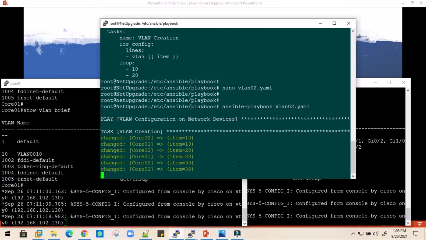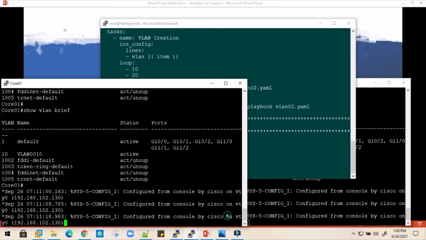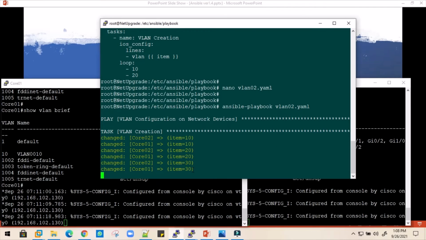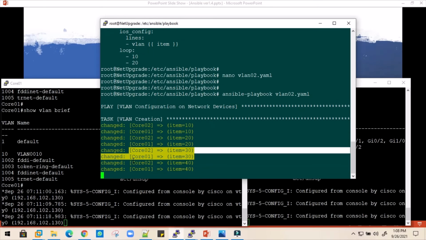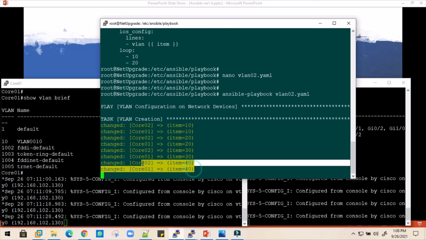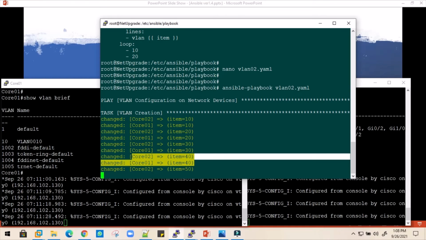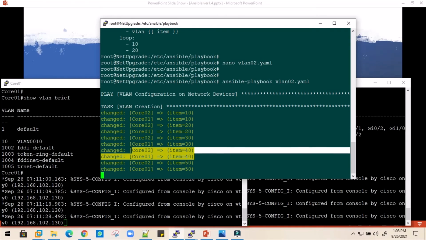As soon as one line is executed, one statement is generated on the console. Here you can also see that VLAN 30 is configured on core switch 1 and core switch 2. The same is here. Now VLAN 40, it's perfect, it's executing the fourth line. So we're supposed to get 7 log entries here, one for each VLAN.